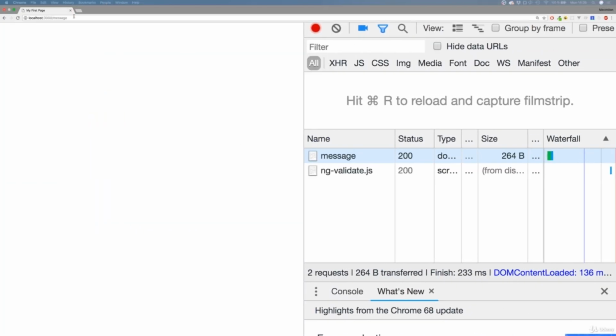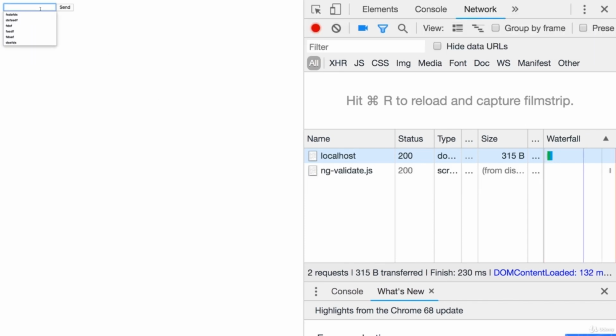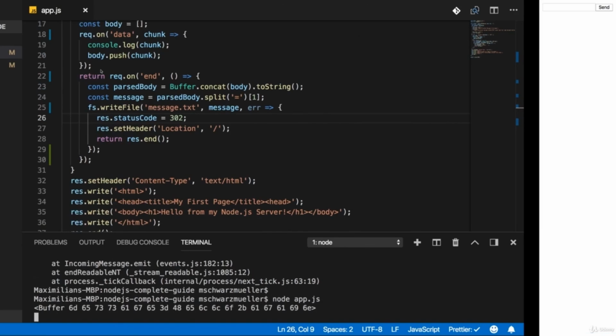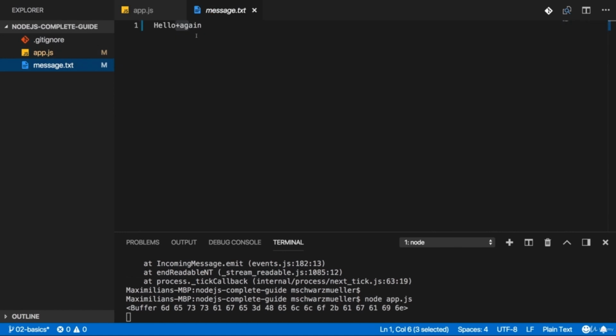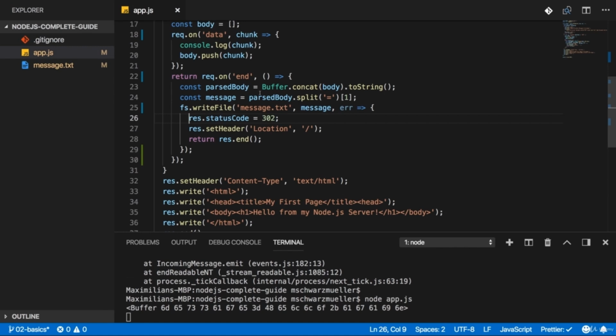and going back to the browser, let's enter hello again here and send. And in message text, we see that, again, concatenated with an extra character, not something we have to worry about right now. So you see, write file also works, but this is the way you should use it due to